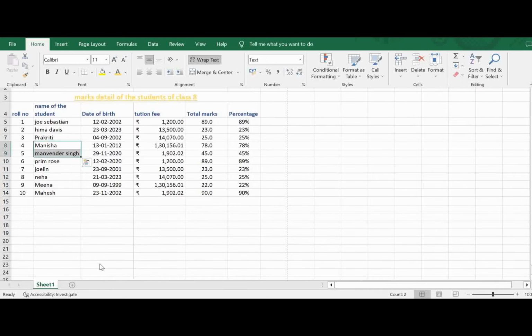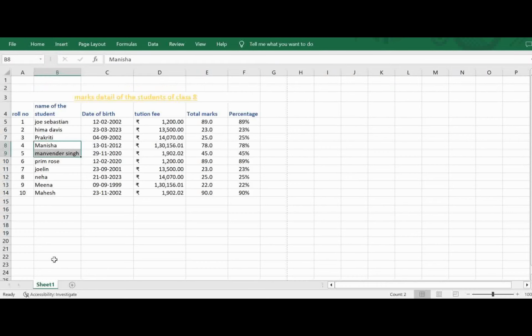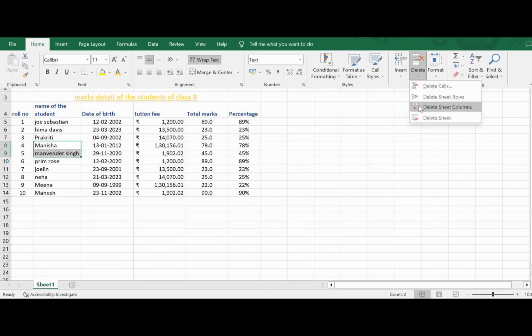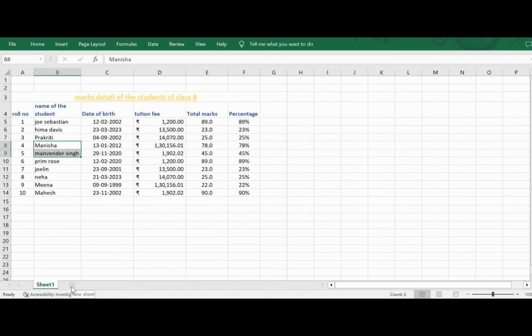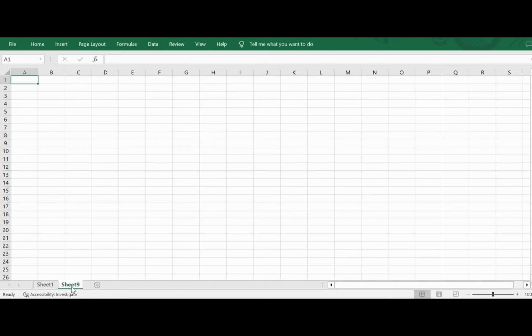Now let us try to delete sheet 1. Sheet 1 has some data in it, and let's try deleting this sheet. So I say delete and delete sheet. I get a prompt message that says a workbook must contain at least one visible worksheet. To hide, delete, or move, you must first insert a new sheet or unhide a sheet that is already hidden. Since I don't have any other sheets, it is not allowing me to delete. Now let me